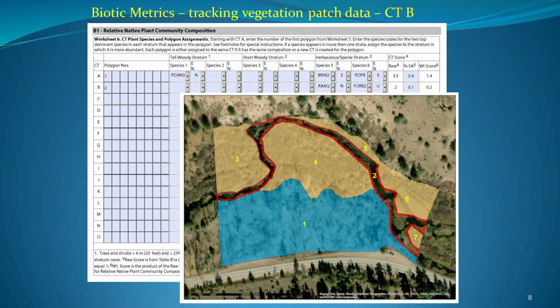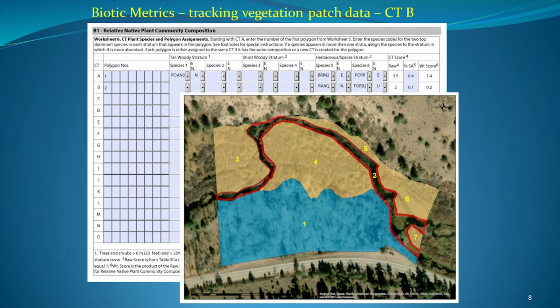In the meantime, we're still on polygon 2, and we're filling in our community worksheet. And we have watercress as our first most common herbaceous. Remember, there were no tall woodies, no short woodies. And so you're just going to fill in that species 2. And you've got watercress, which is a native. And then we have this unknown plant. So an unknown Forb will calculate in the raw community type score as an exotic. So we have a raw score of 2,